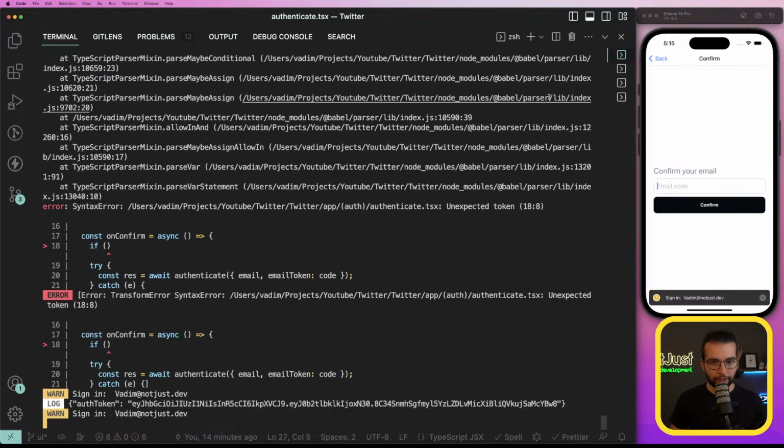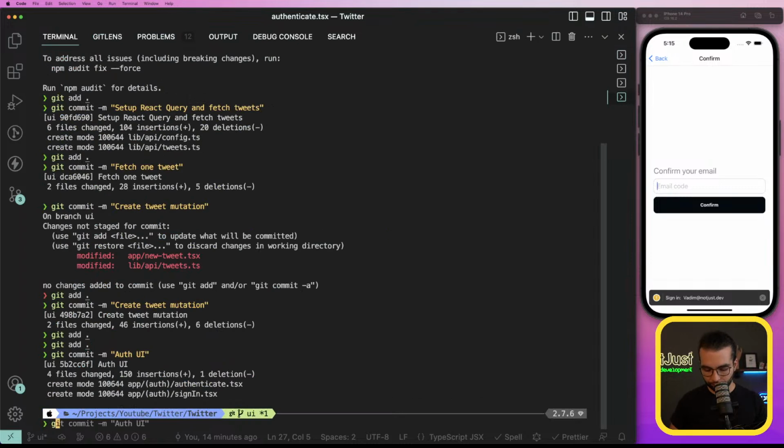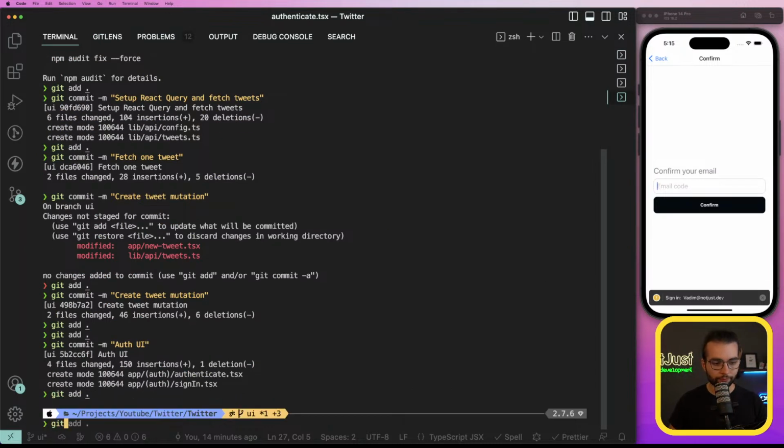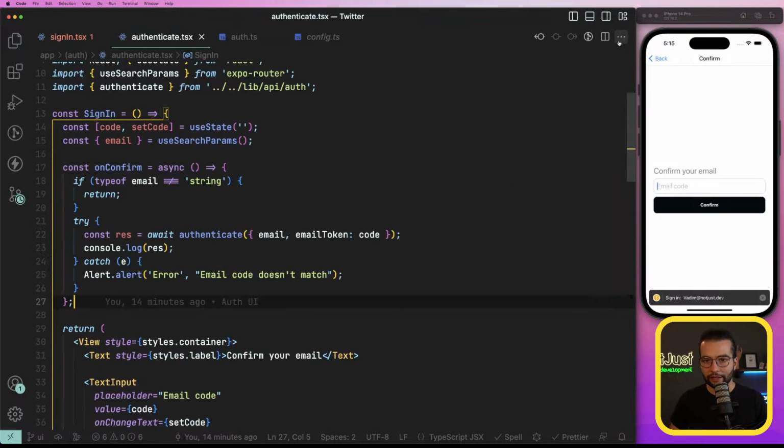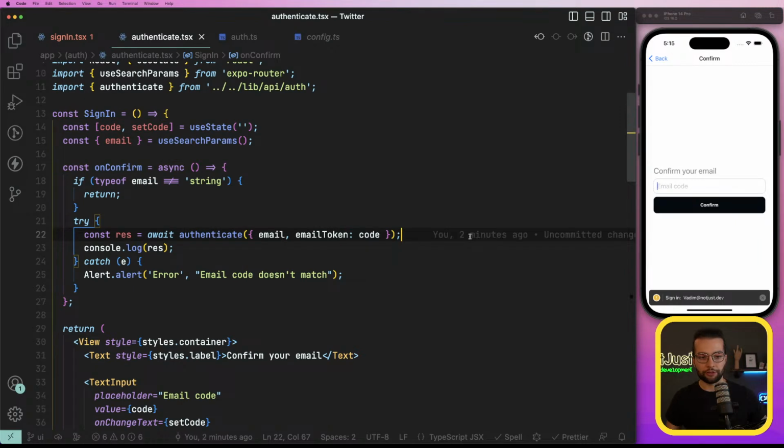Okay, let me go ahead and git commit authentication backend integration. And our next step is going to be